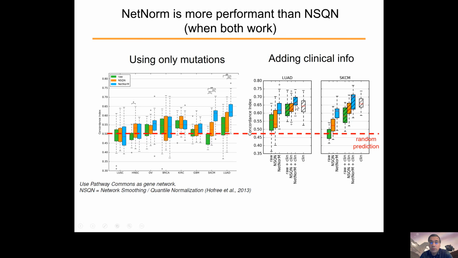So we showed that by applying this network-based normalization of mutational data, we can achieve better performance than using clinical data alone, or combining the raw mutational information with clinical data. So in other words, the type of normalization of mutational data that we suggested, which uses the notion of biological networks, allows us to use a combination of clinical data and mutational data together,